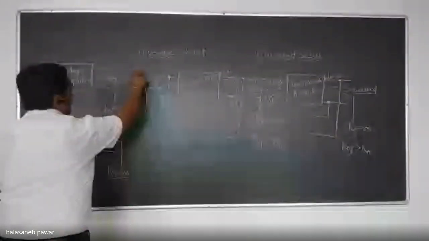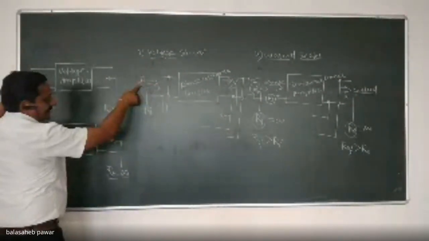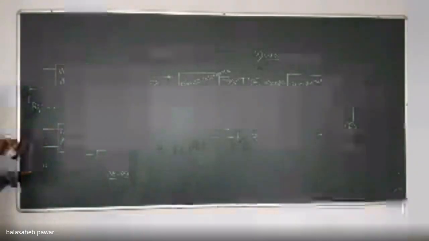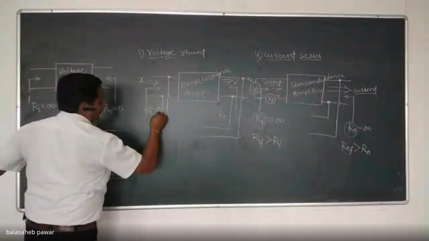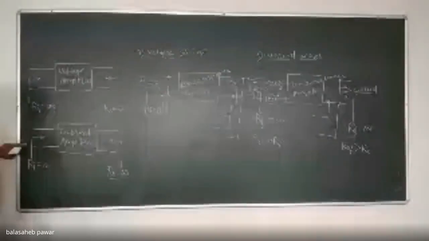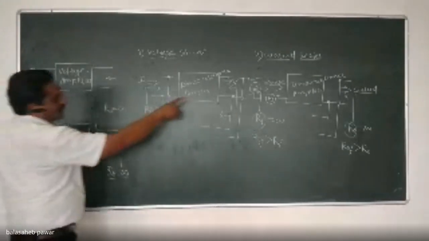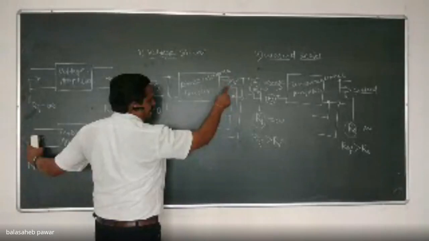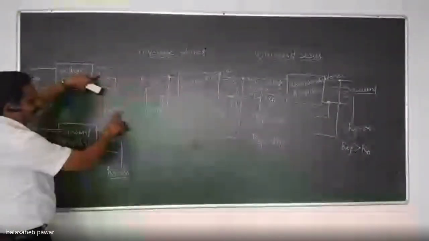So first of all, concentrate on RI. See, input is a current, which is a current amplifier. So for a current amplifier, how much is RI? It is 0. That means ideally you have to write the input impedance of this trans resistance amplifier as 0. Output impedance, what is the output of this trans resistance amplifier? It is voltage, correlated with a voltage amplifier output. How much is RO? 0.